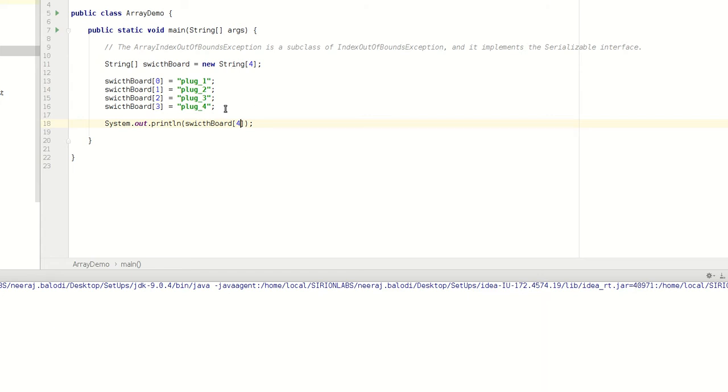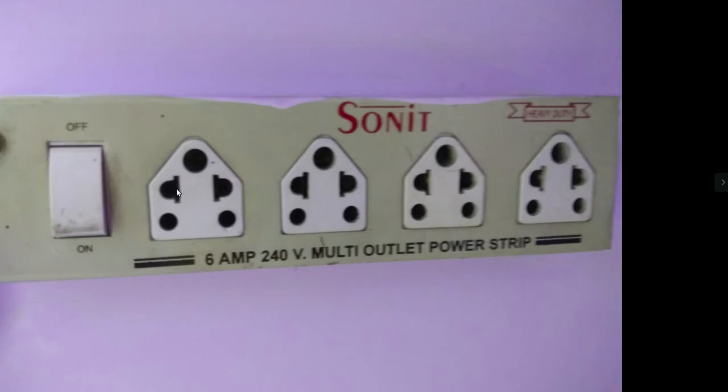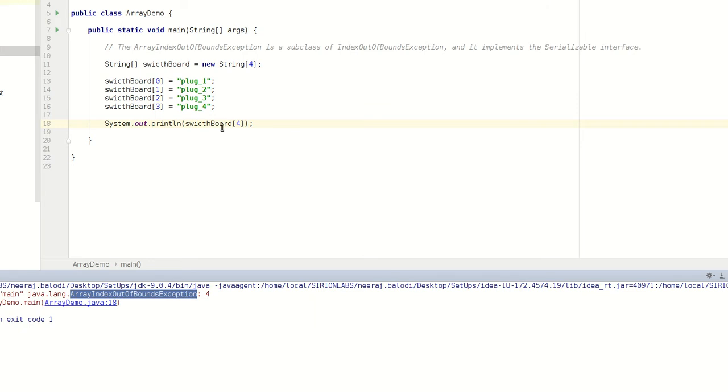Let's execute this program and you will see that it gives an array index out of bound exception because the fourth element does not exist. You can see the switchboard here also, 0, 1, 2, 3. Fourth element does not exist. So this is a common type of exception that we face while executing or implementing array programs.